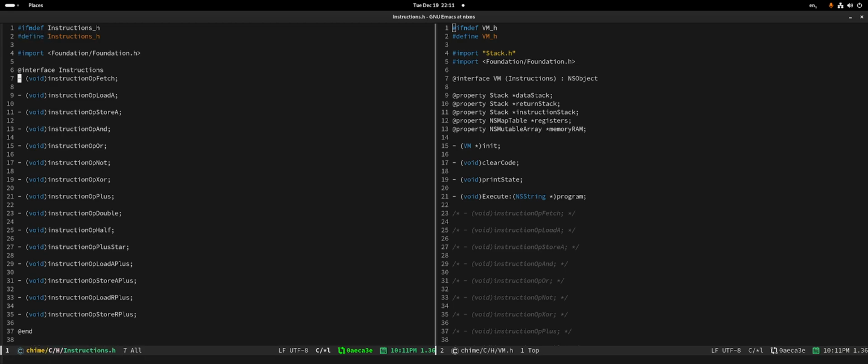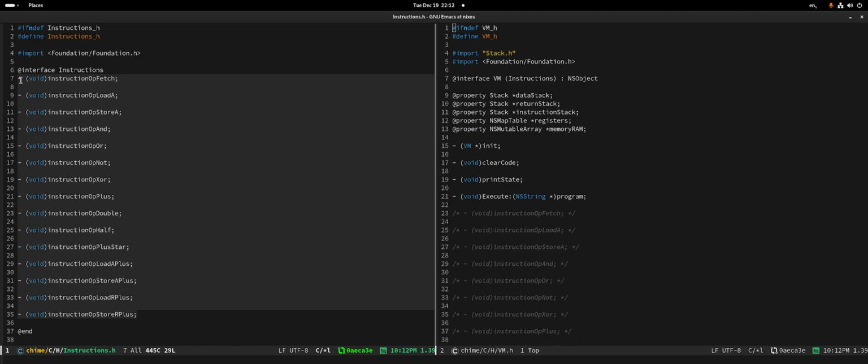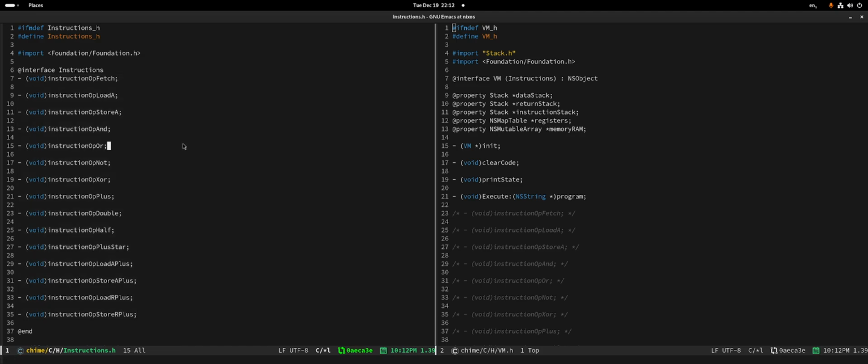There. Okay, so let me try to recap. We are defining an interface called instructions, and we're gonna use that later. But I have another question. These things are using VM things, right? Yeah, do you understand that? Okay. So that is still fine, I hope. Okay. And then in the .m file,